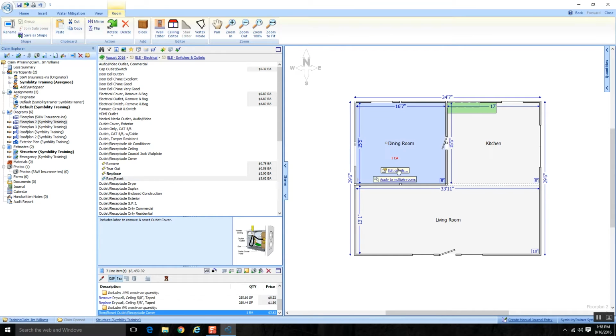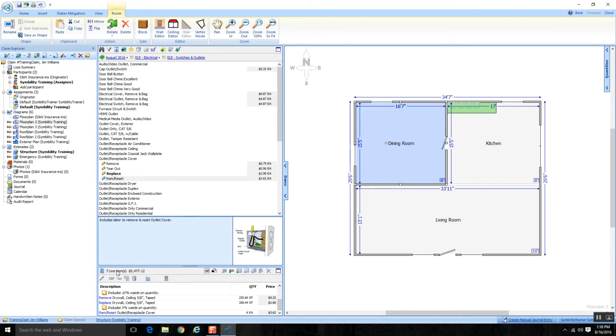So I'll come in here and I let go and I'll click on that text, and now I see I can go in and change the quantity. The large arrows in here will actually increase or decrease by counts of 10. So it went from 1 to 11. The small arrows will adjust it by individual units. So if I wanted 6 electrical outlets in here, I could go ahead and adjust that. I click on that green arrow and that locks that in, and you can see down here,